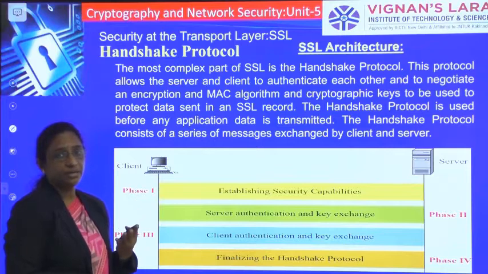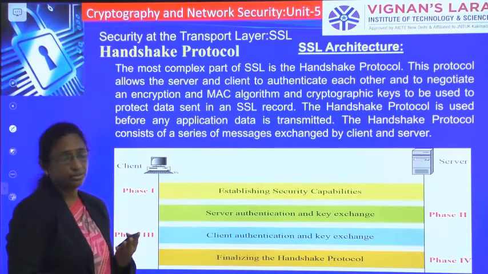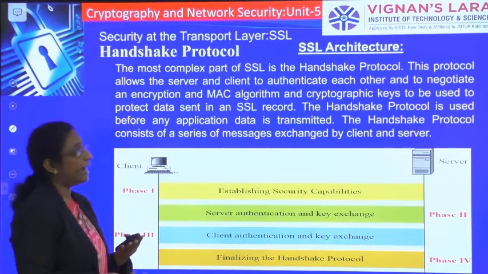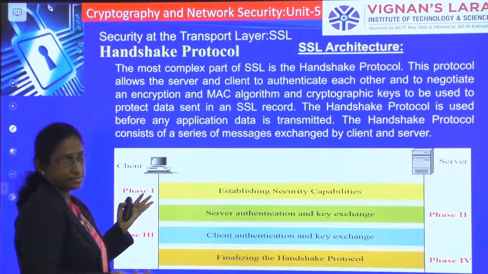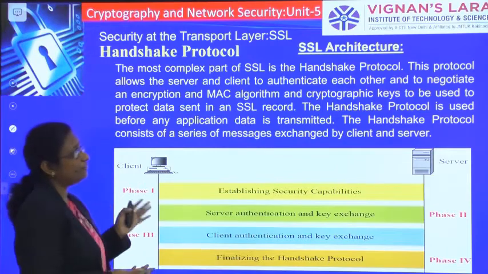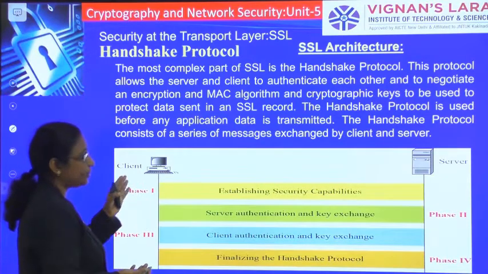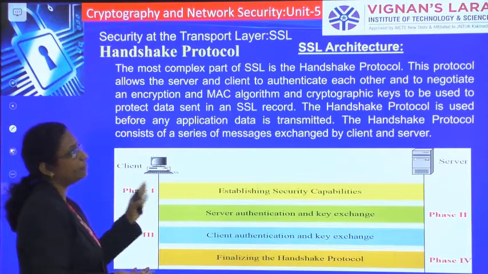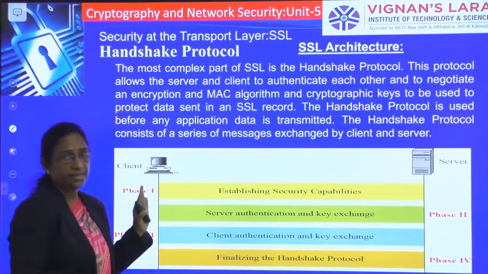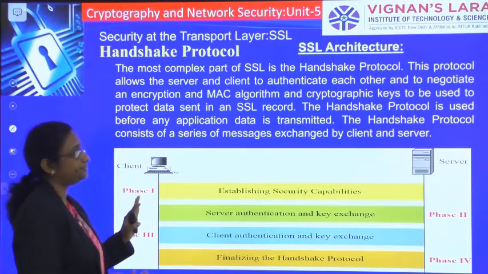So what algorithms are to be used, and how the keys have to be exchanged, and similarly the client and server have to authenticate themselves. For doing all these things they have to negotiate, and for negotiating we have this protocol called the handshake protocol.